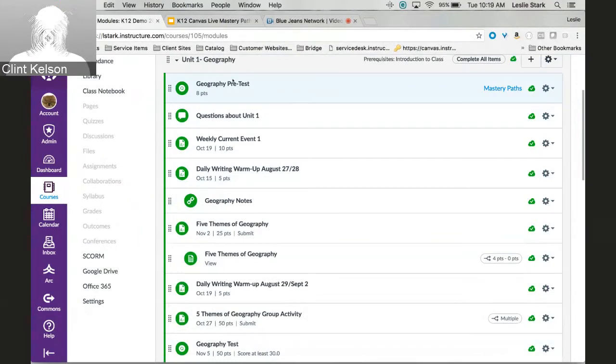So I'm going to pick on those in the room with me because that's how I like to teach. If Clint goes on to that highest level path, he's only going to see, he's very happy, I said he could be on the highest, poor Cam now. He will be able to track out to just the items that he sees. So he has no idea that other items exist in that path. So it will start differentiating those assignments. Even if initially you set them up as everyone sees, once it paths, it is going to work into that differentiated assignment behavior. So then if Cam goes on to that lower level, a remedial level, he will get